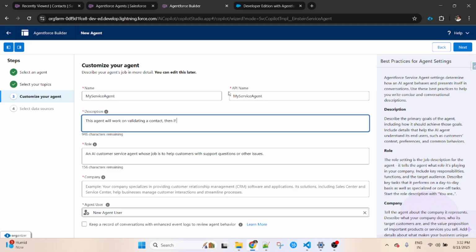Then if an open case is associated with the contact, it will display the data. If not, it will help on creating a case. Okay,